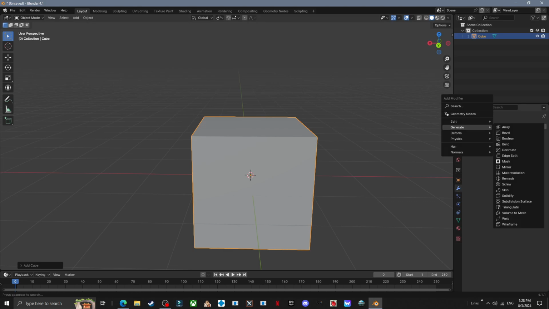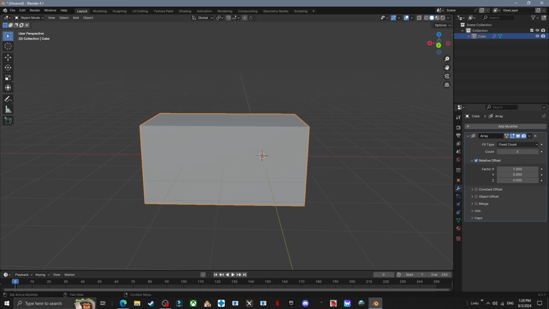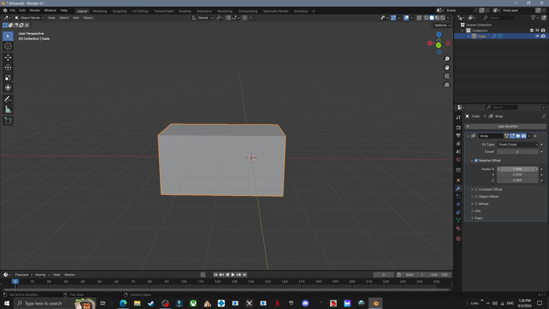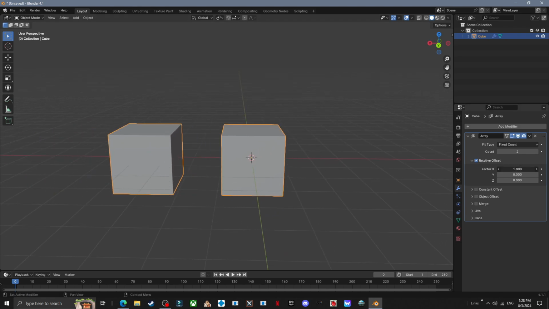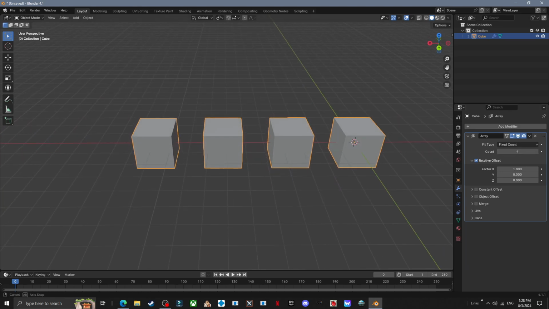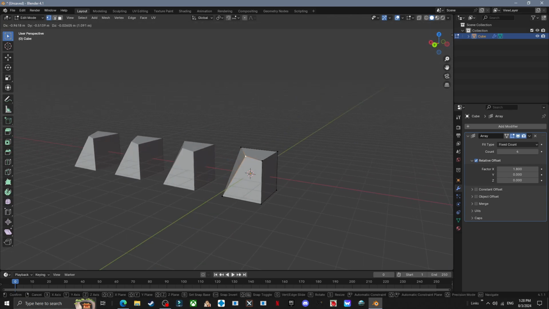First modifier is the array. The array creates multiple copies of the thing we have, depending on which axis you want it to. So for instance, now it's an X. So let's make it larger and we add count and it just keeps adding more cubes. Now until you apply it, you can modify the first cube and it modifies everything. So as you can see here,